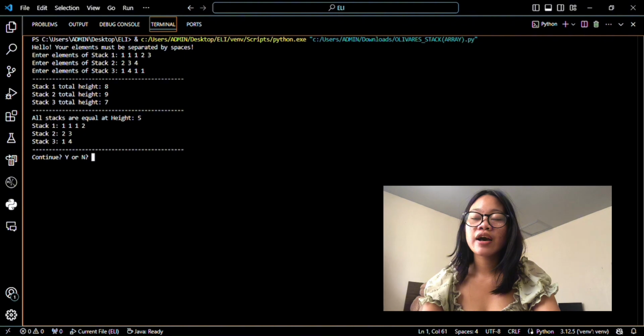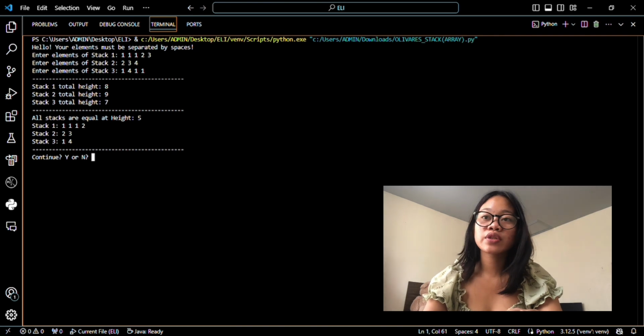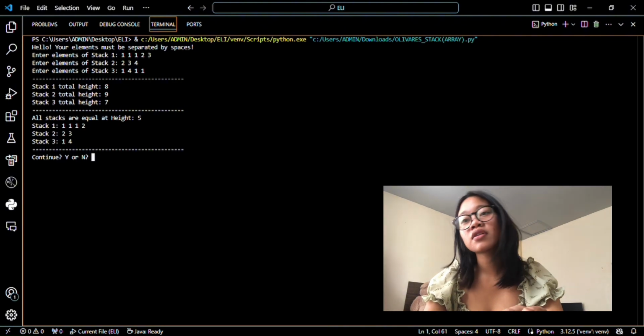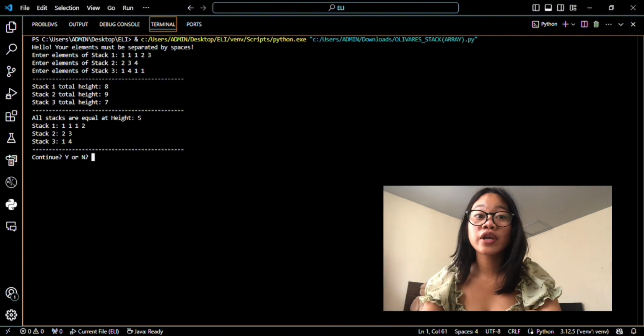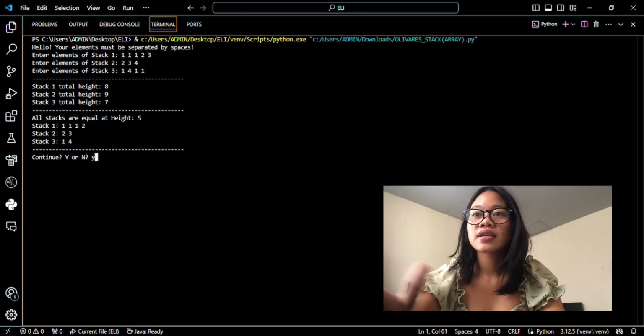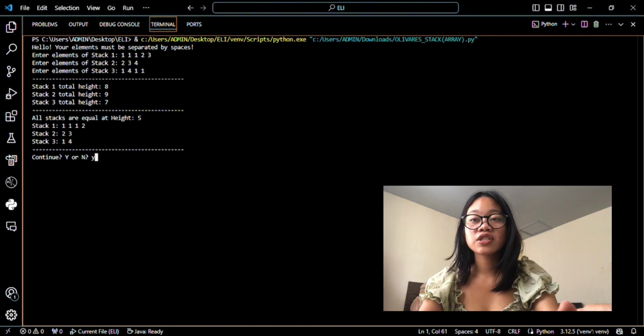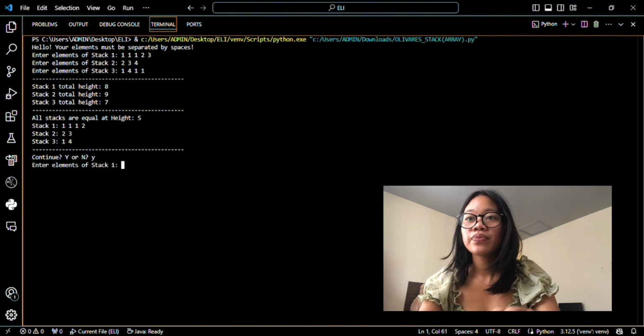Here, as you can see, we have the question of whether the user wants to continue the code or not. Since we're not yet exploring much of this code, I'm going to input yes, or simply y, to continue exploring the code. Then I will enter. Then, as you can see, upon entering this lowercase letter,